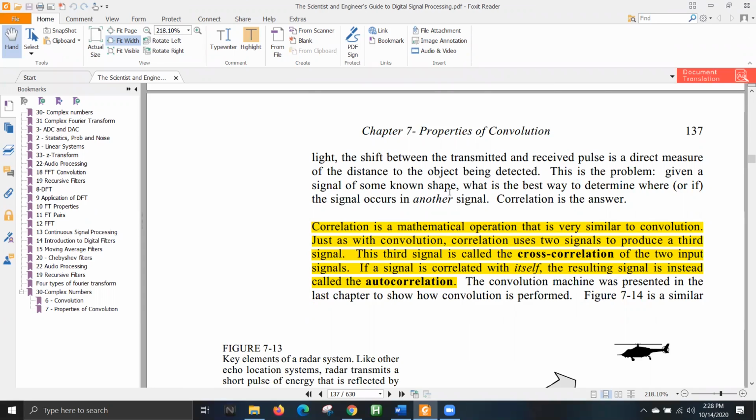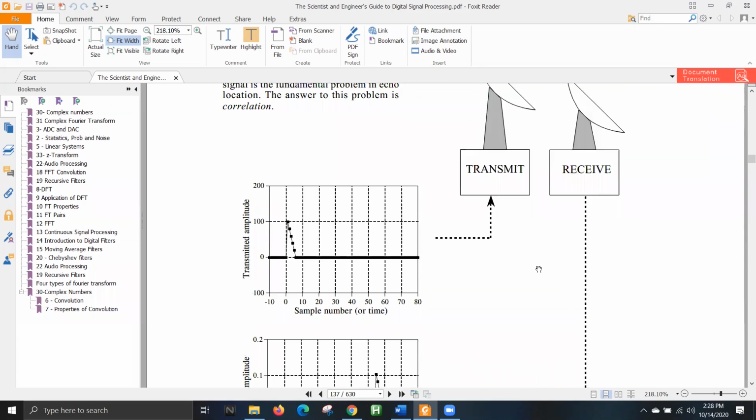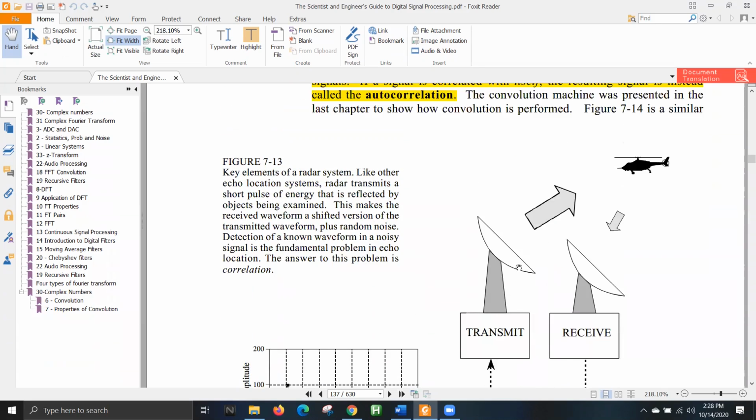So the output is generated by convolving with the impulse response. But correlation is not used for that reason. Correlation is used to find the similarity of a signal inside another signal. Okay, so the basic idea is this. Suppose there is